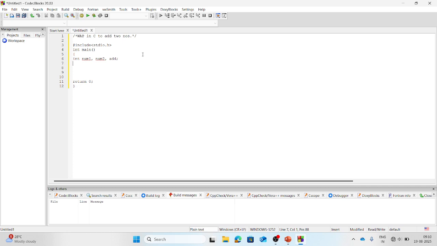Okay, so this is what? This is variable declaration. Variable declaration part. I'm just making this comment only for your understanding. Okay, now the next thing which we need is like I need to take the values from the user. So that is why I need to use printf, because if something is printed on the screen, then only the user would get to know what I need to enter.